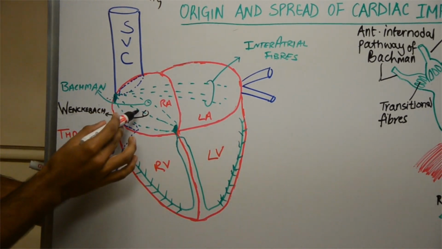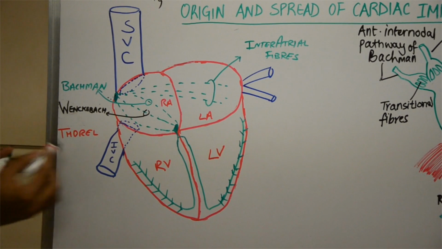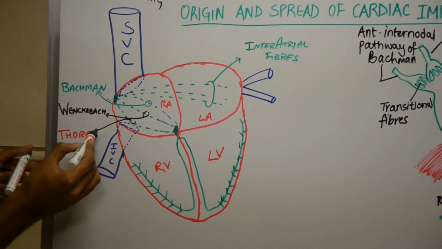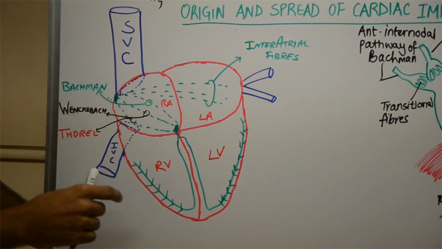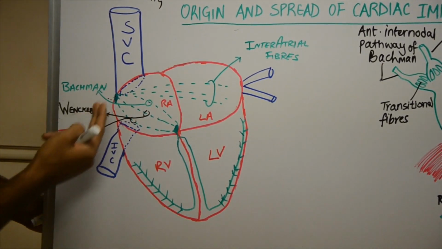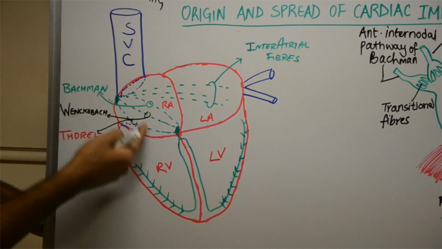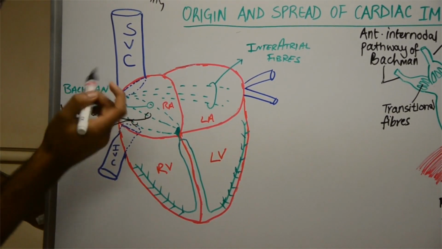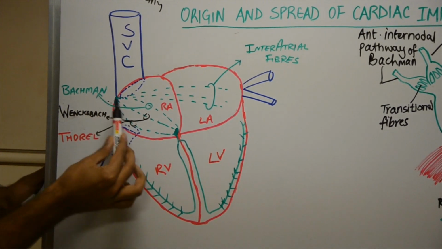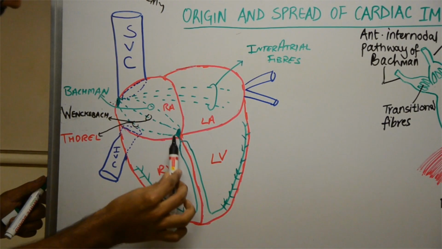Anterior, middle, and the third will obviously be the posterior. Posterior is also known as the posterior fibers of Thorel, right? So anterior, middle, posterior: Bachmann, Wenckebach, and Thorel. These are the three different names for the internodal fibers. So the impulse starts in the SA node, passes through the interatrial fibers towards the left atrium, and the internodal fibers reach the